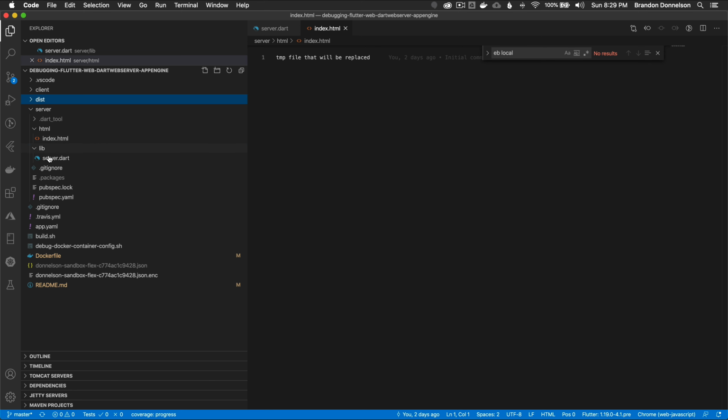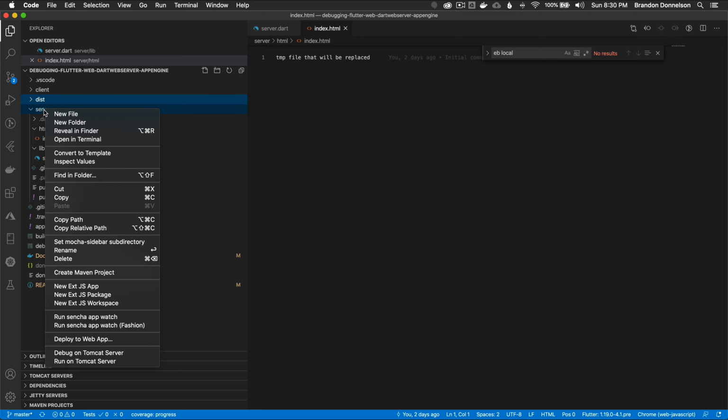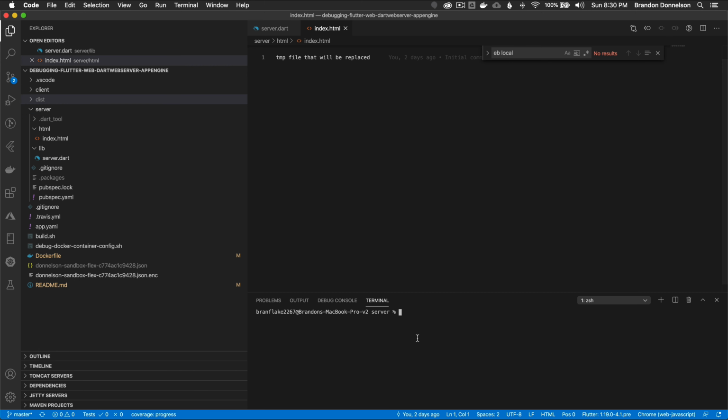Okay, so onto the server. How would I debug the server? There's two routines I can debug the server with. One is with VS Code and two is with the command line. The first one I want to do is with the command line. So I'm going to go into the server directory by right-clicking and going open in terminal. Once it opens, then I can run Dart, because I've installed the Dart CLI tools, so I'll go dart lib